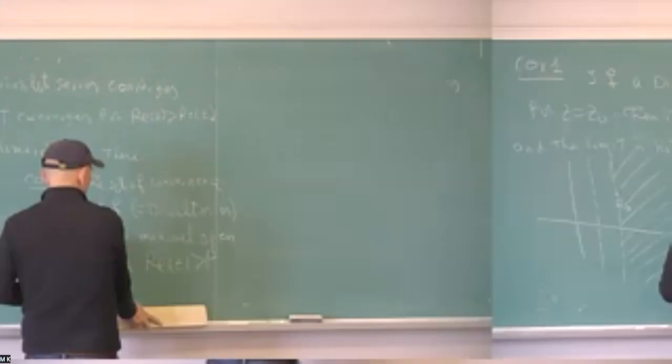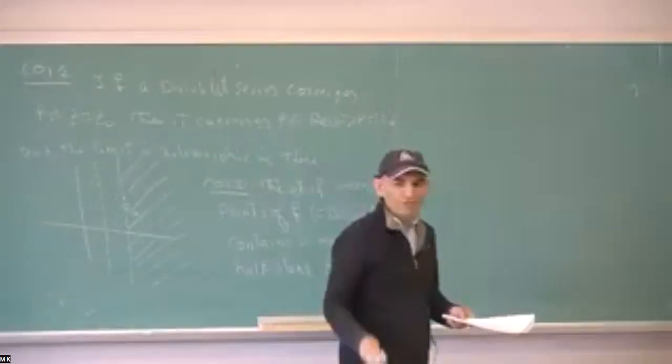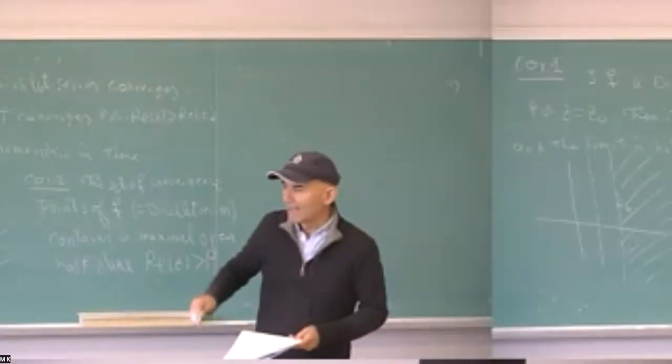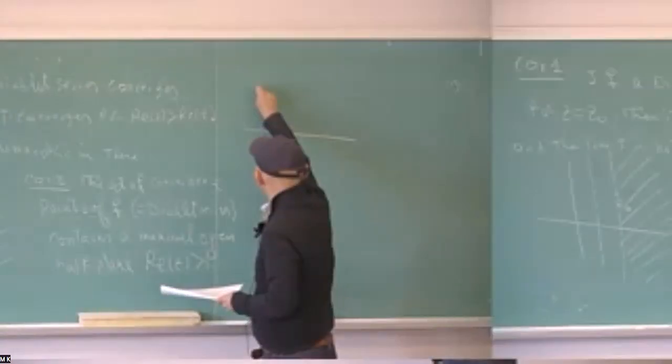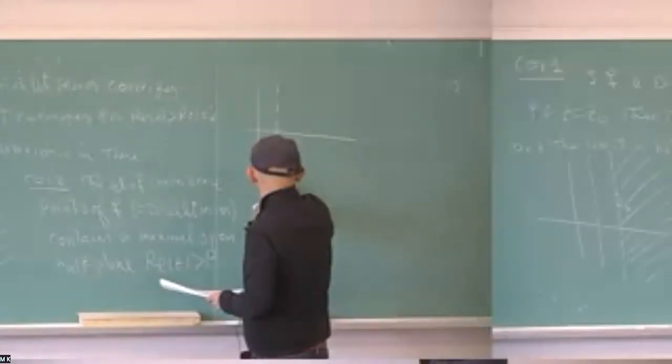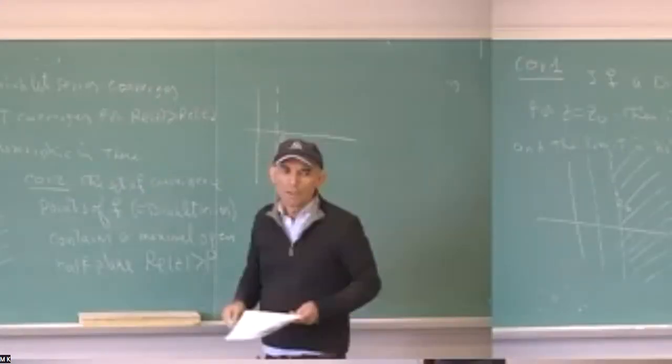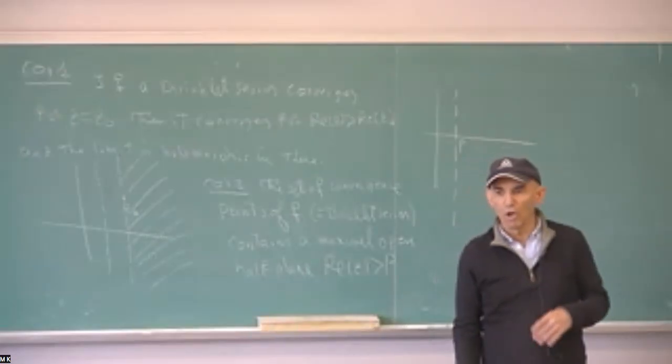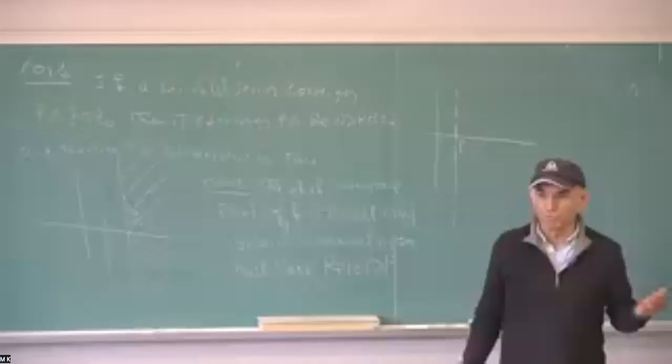So eventually we reach a number rho, a number which is real, it doesn't have to be positive, it could be negative, that's okay, such that